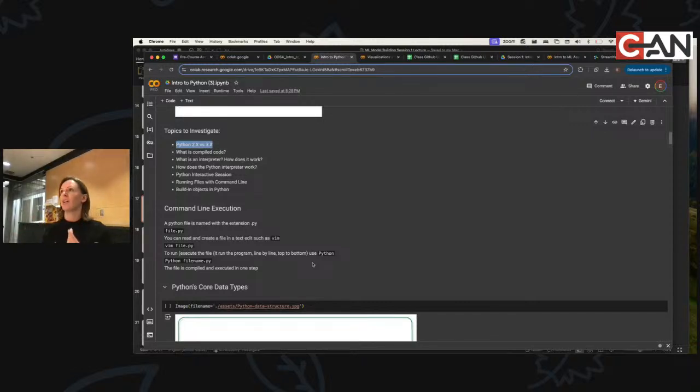So if you get on a Python Stack Overflow post and it's from 2016 or earlier, just check and see if they're using 2 or 3. That code may not work on your machine or your implementation. 2 and 3 are not compatible. So that's all you need to know.